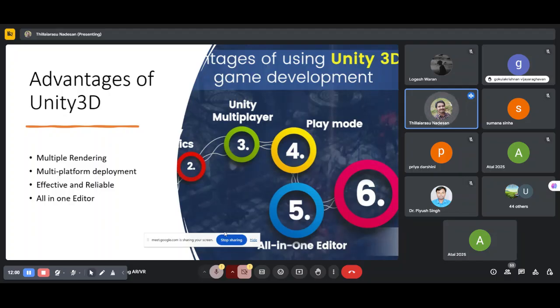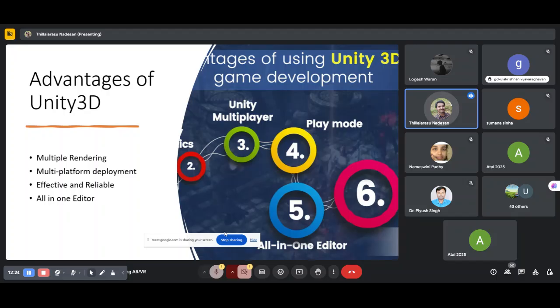That is why they give it all in one editor, so artists, designers, and developers can collaborate with each other to create amazing immersive games or immersive interactive experiences using this Unity real-time 3D editor. So that is the main advantage of Unity 3D.